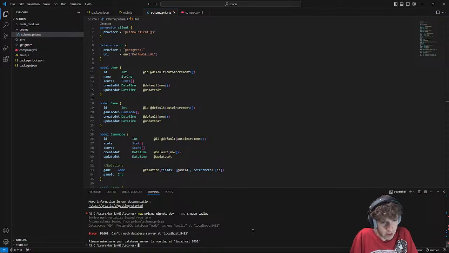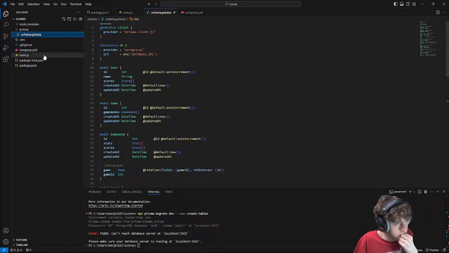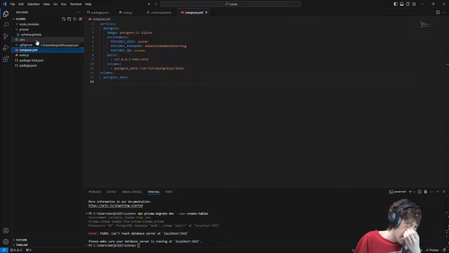Cannot reach database server at localhost 5432. Why did it not work? Oh, did I not set the environment variable? That would do it.